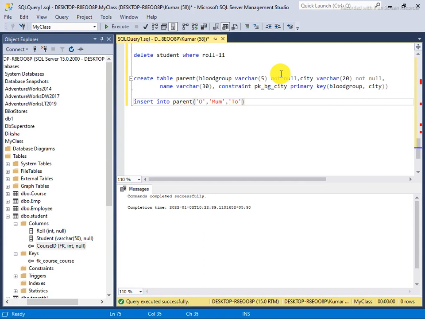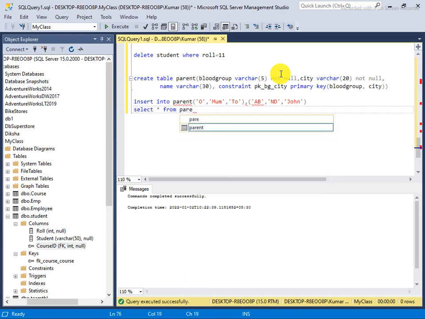Again I say next for the records AB, and city is New Delhi, and name is John. Select star from parent. Oh, sorry.